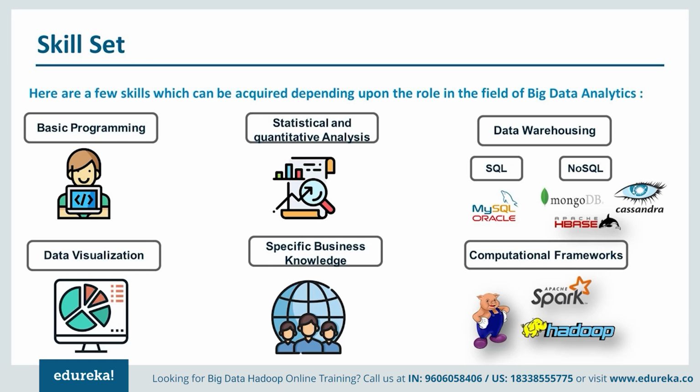Now moving on to data warehousing. Knowledge of SQL and NoSQL database languages, such as MySQL, and for NoSQL, MongoDB, Apache HBase, and Cassandra. So knowing these databases is also very important. The next one is data visualization, which I think is one of the most important skill sets required. As an analytics professional, you should know how to visualize the data in order to improve your business. You need to know what kind of trends are going to be there in the data, how it is increasing, and what kind of insights this data is going to provide you. So you should be able to visualize the data and understand what the data is indicating.